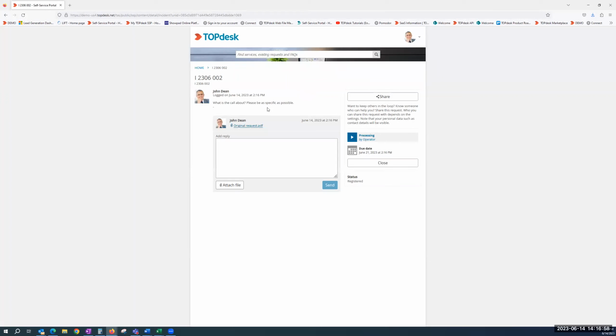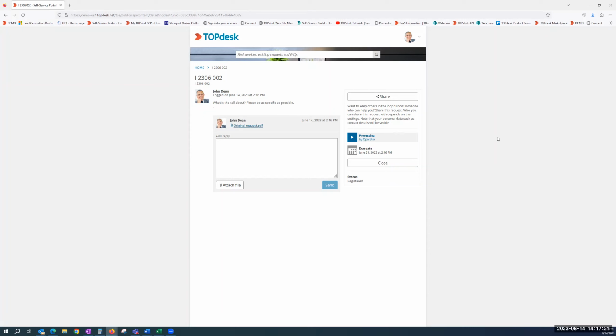So, hey, I've logged a ticket. In this case, John didn't give us a whole lot, but of course, we could make any of those fields mandatory. He gets a little bit of an idea as to where this is at based on your process. So, hey, what status is this in? Has it been assigned to a specific operator? And then, of course, a due date, which can be based on not only just a date that you set for the ticket based on the categories and subcategories, but as well as the option to have hard set SLAs